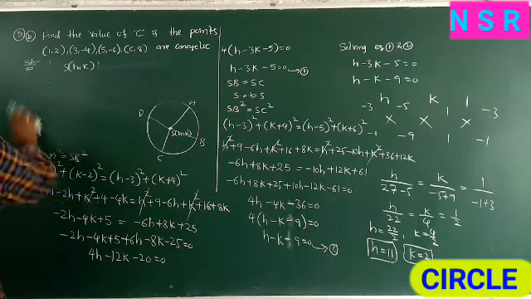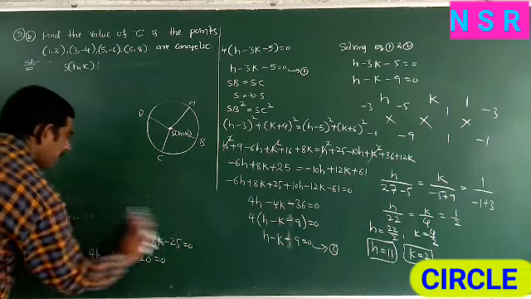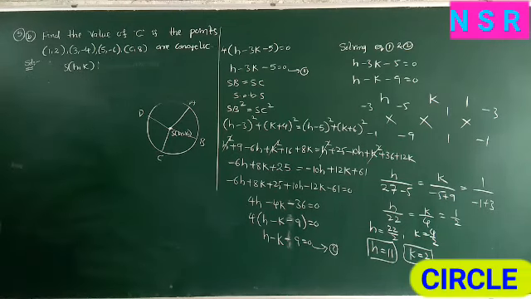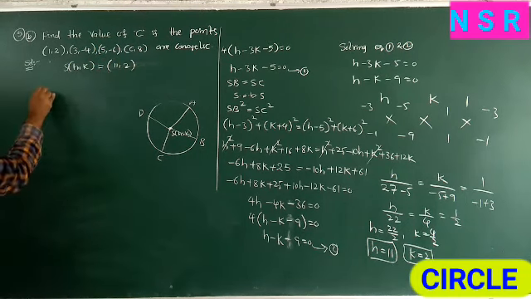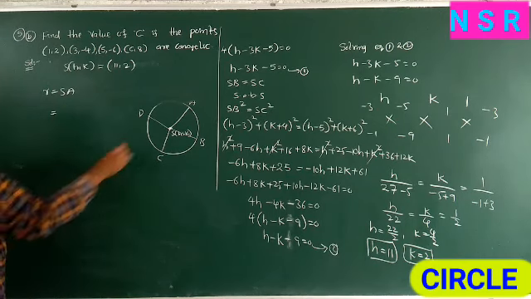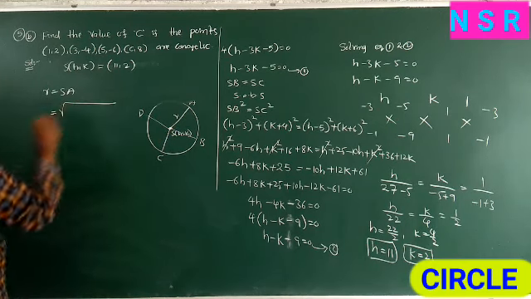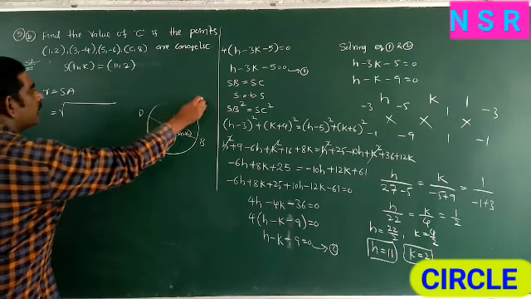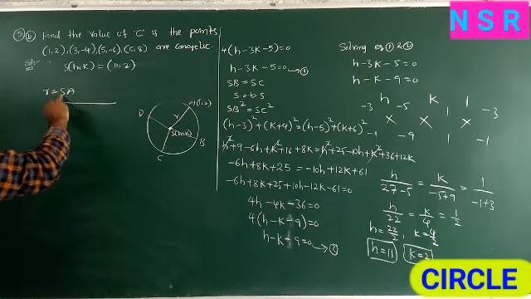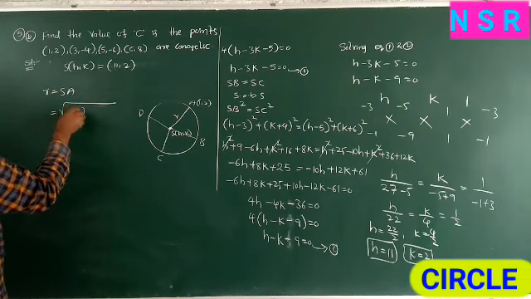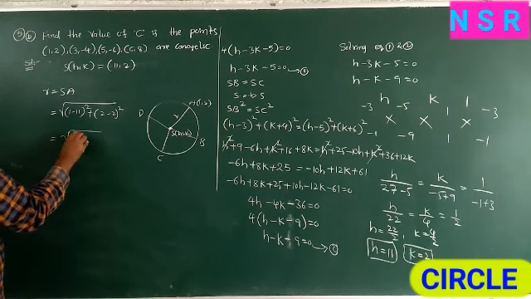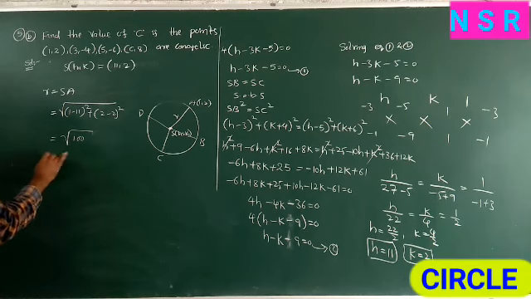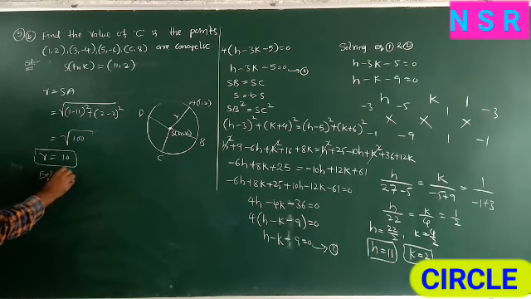Now find the radius of the circle. So S, h comma k equal to 11 comma 2. Now find radius r is equal to SA. So SA distance is radius. Square root of x2 minus x1 whole square plus y2 minus y1 whole square, A is 1 comma 2. So 1 minus 11 whole square plus 2 minus 2 whole square, 1 minus 11 is minus 10, square 100, 2 minus 2 is 0, square 0. So square root of 100 is 10. This is r.